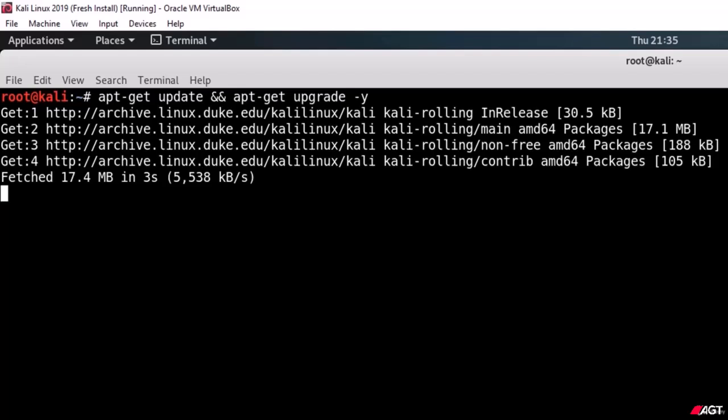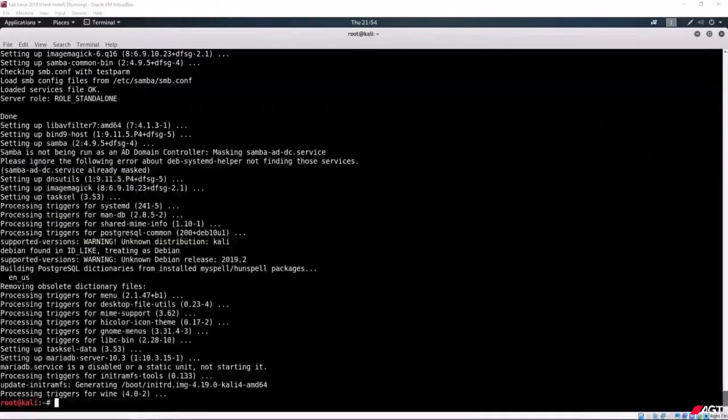Let that run, choose all the default selections, and it should be good. Once the update and upgrade commands have completed and you've verified everything is working properly, we can move on to